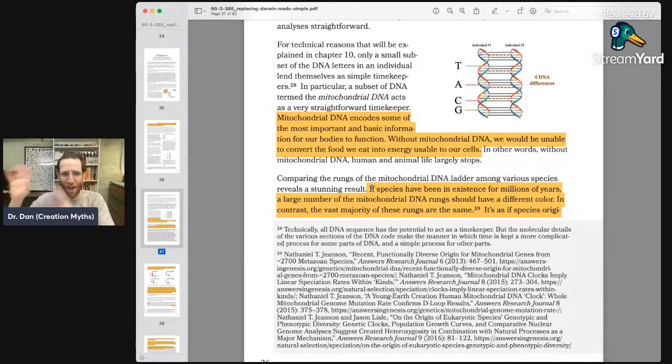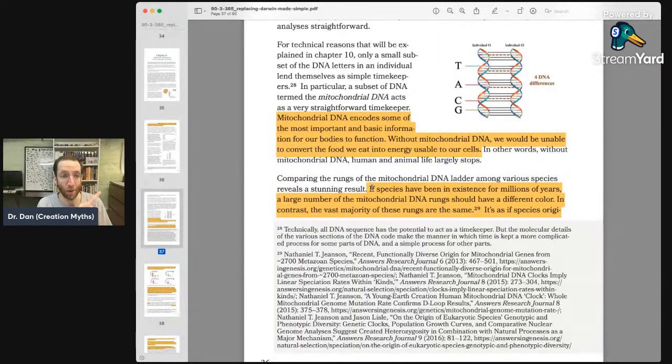He actually takes someone else's data, but whatever. He takes someone else's data where they looked at parents and offspring and the differences in their mitochondrial DNA. And he says, okay, that number of differences, that's the one generation rate. So given all the variation we see in modern humans, let's divide by that one generation rate and see how far in the past, assuming 20 years per generation, give or take, we need to go to generate all that variation. And he gets 6,000 years, give or take.